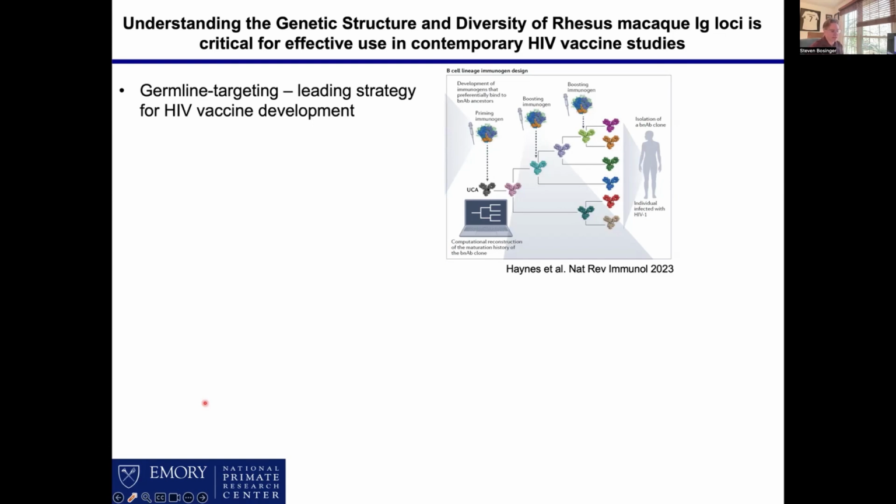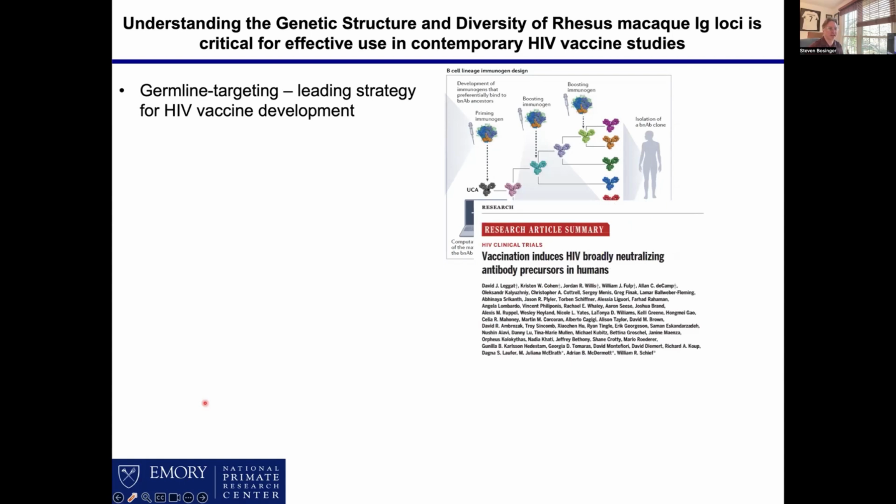And so essentially in a nutshell, what the field has been trying to do for the last 15 years is reverse engineer where these antibodies came from in terms of their unmutated common ancestors, and then try to engineer vaccines that will engage these particular alleles and nurture them along the way to become what we hope are mature broadly neutralizing antibodies. And so this is referred to as the germline targeting strategy. And there are several reviews that will go over this.